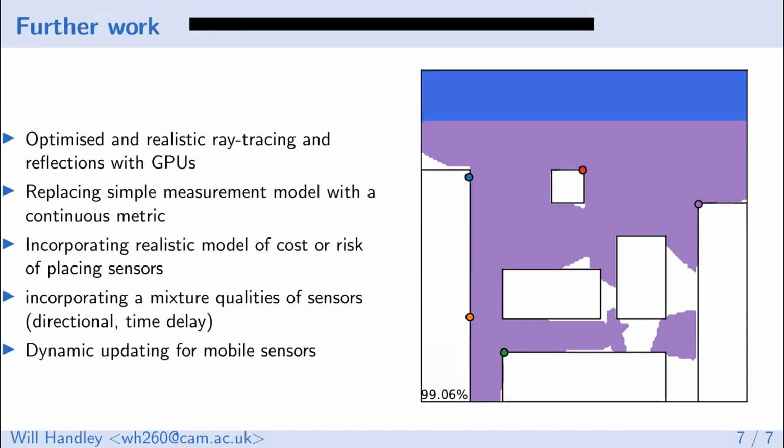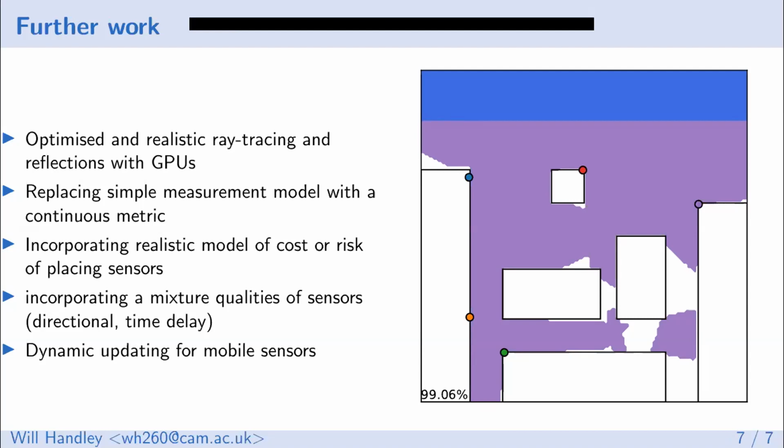In terms of further work on this model, again, as I said, this is very extendable. The most important thing to do would be to start incorporating things like reflections and realistic, fast-paced ray tracing using something that might be optimized on a GPU. And again, the main thing is our proof of principle paired detection model should be replaced by a continuous metric. We did spend some time talking about that in the context of general measurement models and what the next steps would be, which are in the report, I believe. And of course, we assumed here all the sensors were the same, but this could be just as easily extended to having different types of sensors.